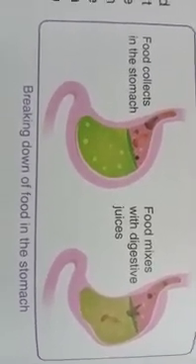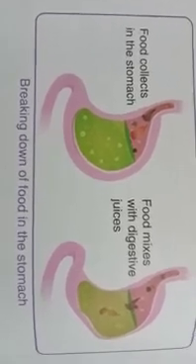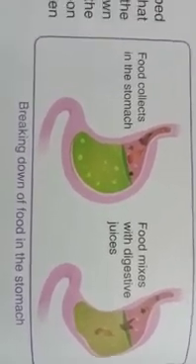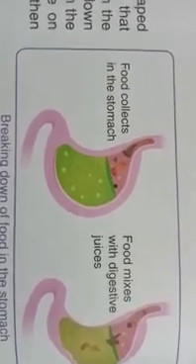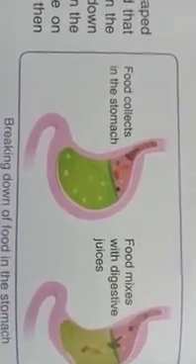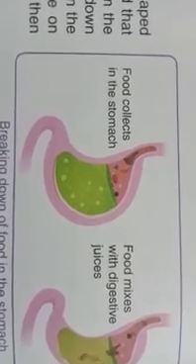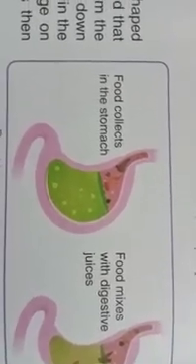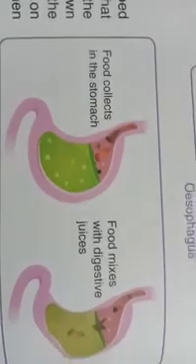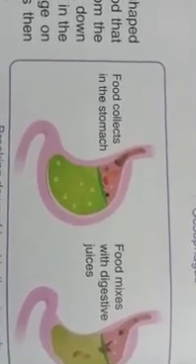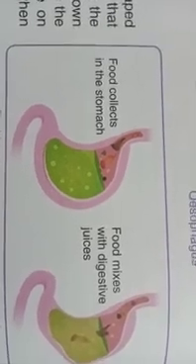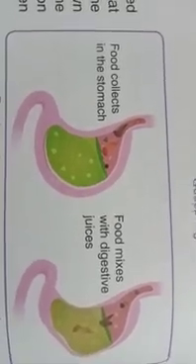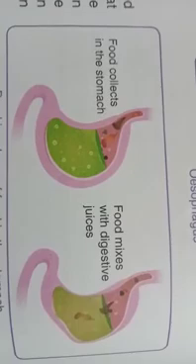So the food that we eat is stored in this stomach. The food passing down from the esophagus is further broken down and mixed with digestive juice in the stomach. So this liquid mixture is then emptied into the small intestine. Okay, children. So the stomach is a J-shaped sac.